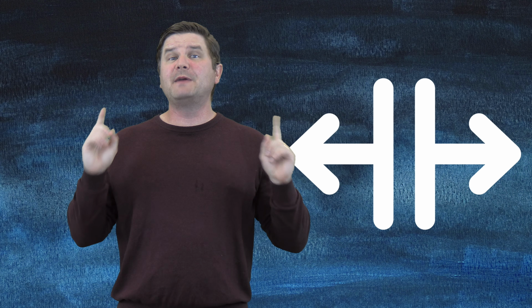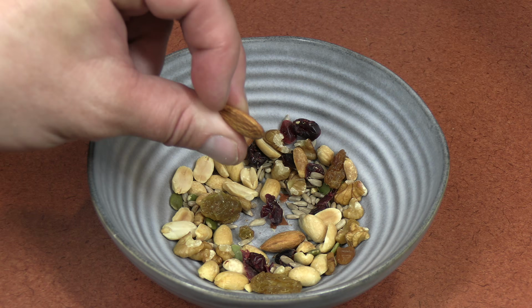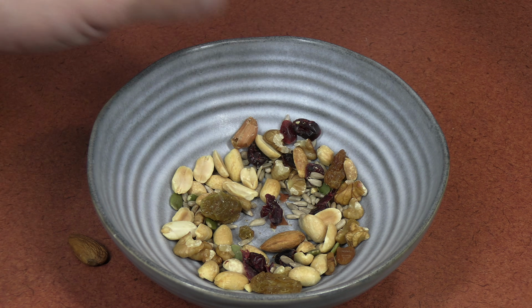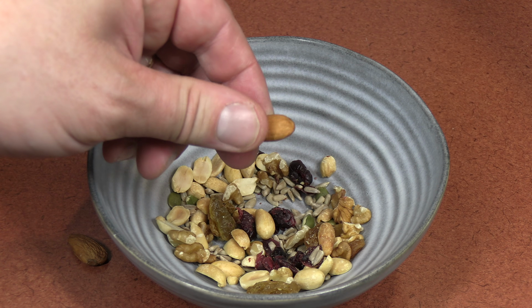So a solution is a mixture, but a mixture is not always a solution because material doesn't always dissolve when you combine it together. There's also a big difference in how you can separate these two things. You can separate a mixture using physical properties. For example, I could use my eyes and pick out all those pesky almonds in this trail mix based on size, color, and texture. But it's not always that easy.